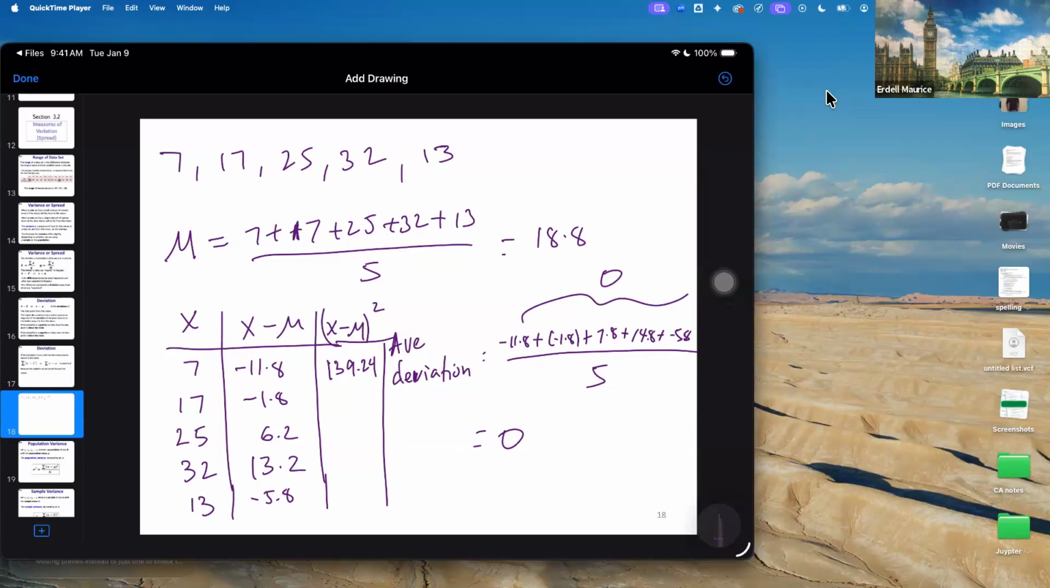Yeah, so square each of these right here. Now add those five numbers up and then divide by 5. Okay. Which is